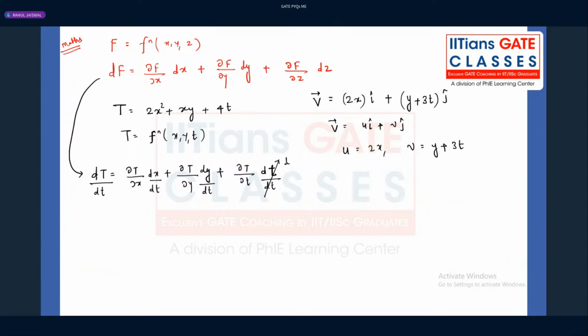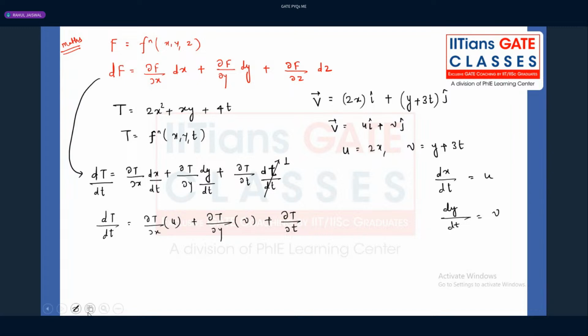So this will be 1. So what is the dT by dt, guys? Here dou T by dou x. Now what is the dx by dt? If you see the Lagrangian approach we follow, if you differentiate position with respect to time, you are going to get the velocity vector. So dx by dt means what? It is u. What is the dy by dt? It is v. Similarly, here also we will substitute u plus dou T by dou y into v plus dou T by